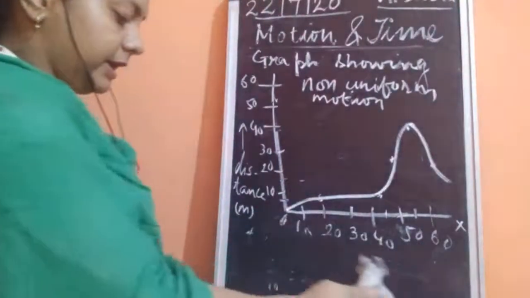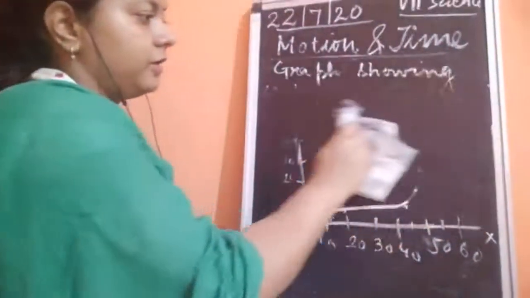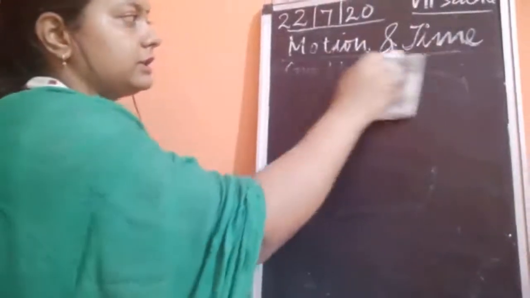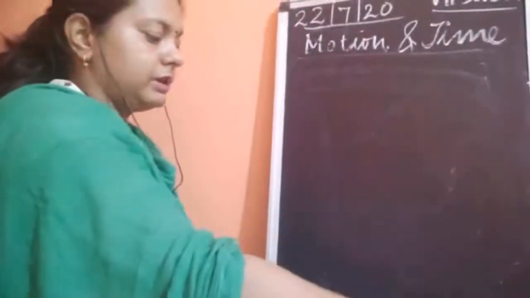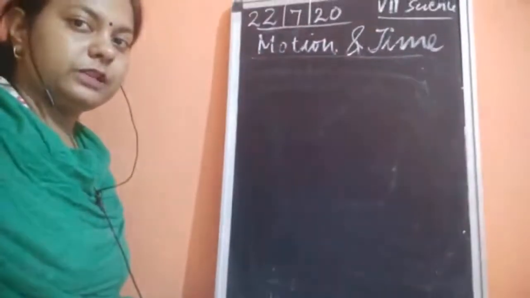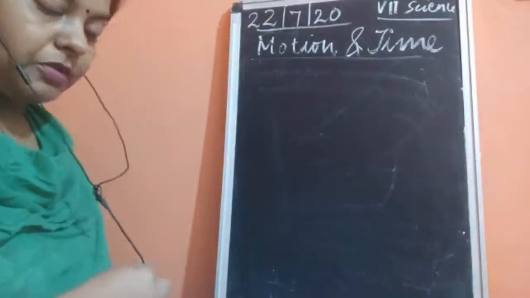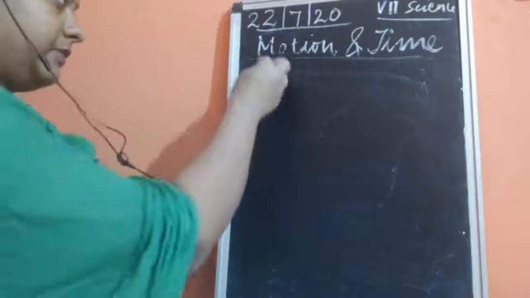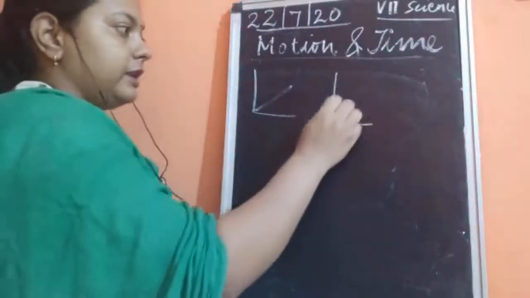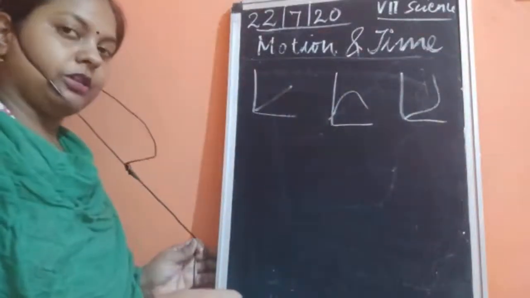If we are getting a varying speed, it means that the graph which is drawn is always of a non-uniform motion, and the speed which is being shown is a non-uniform speed. So this is all about the graphs which we need to draw and practice, and you could also practice some more graphs. Please remember, whenever you are getting a straight line, it is a uniform speed graph, and whenever you are getting a curved line, it is showing you non-uniform motion.